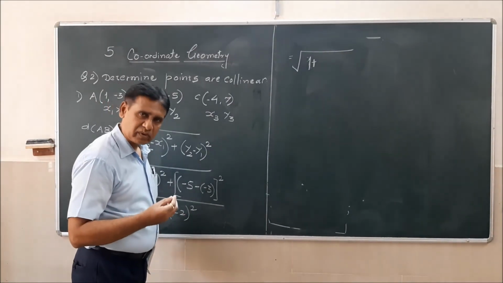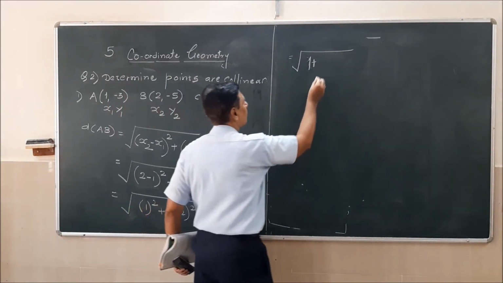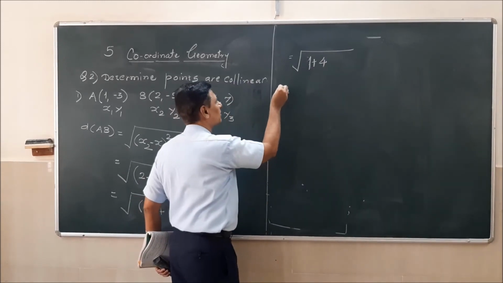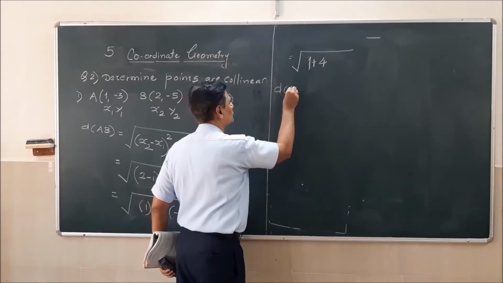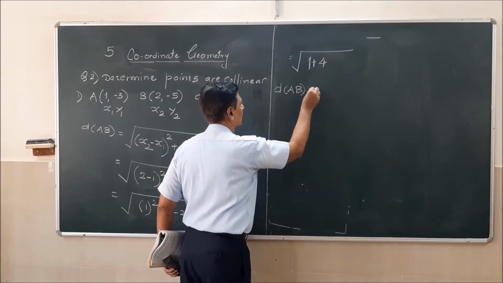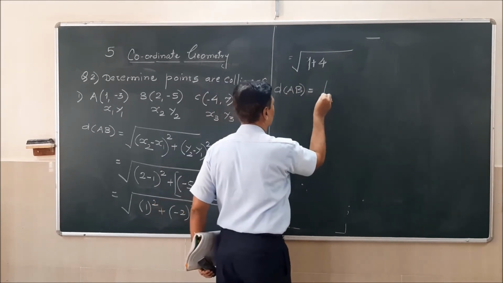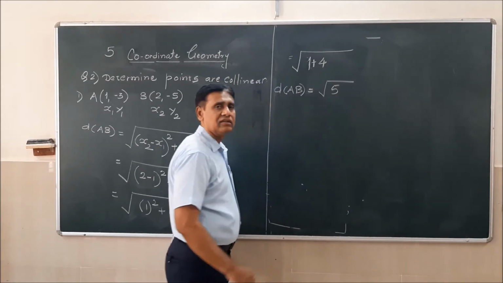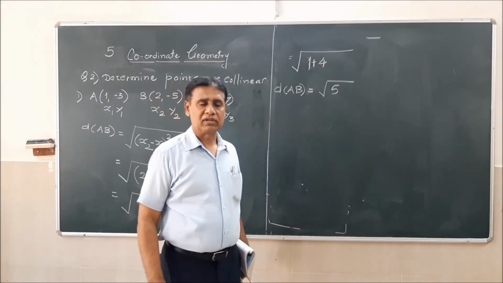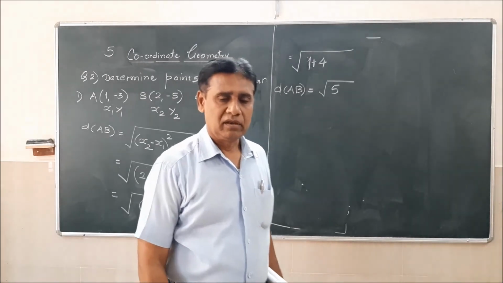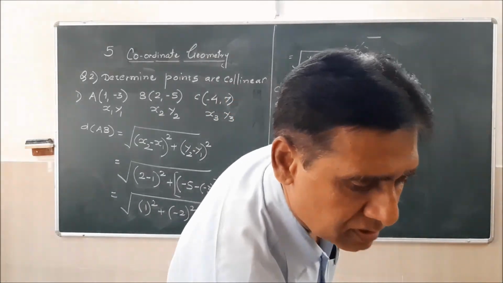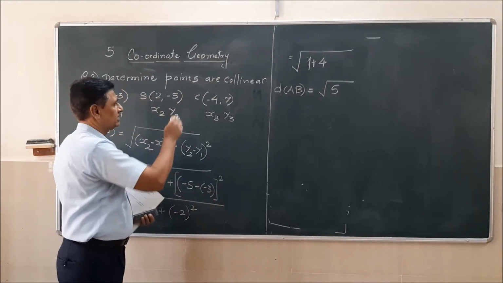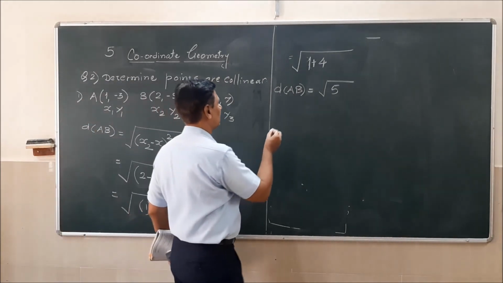Minus 2 square is plus 4. So I will get distance AB equal to square root of 4 plus 1, which is 5. Square root of 5. Now I am going to find the distance between points B and C. So distance BC is equal to,